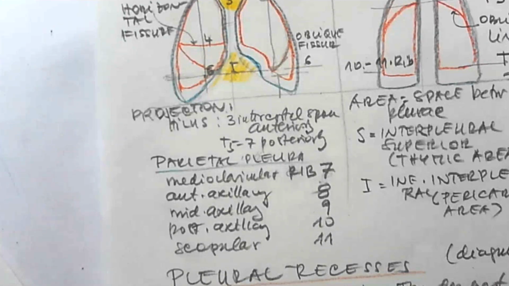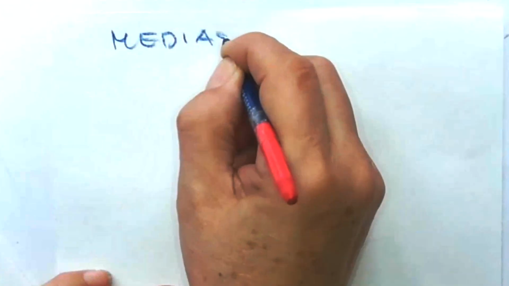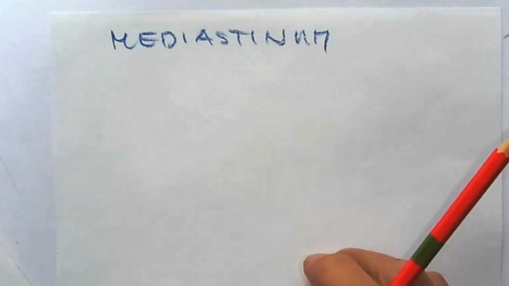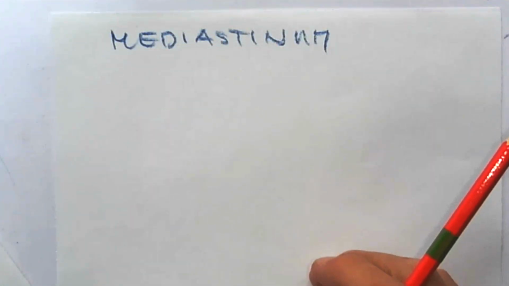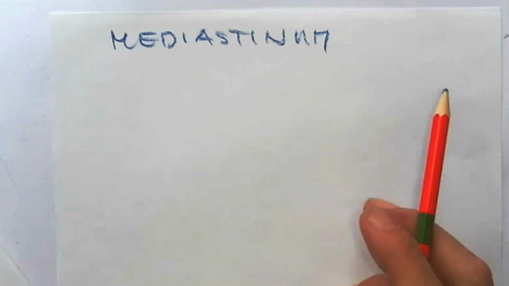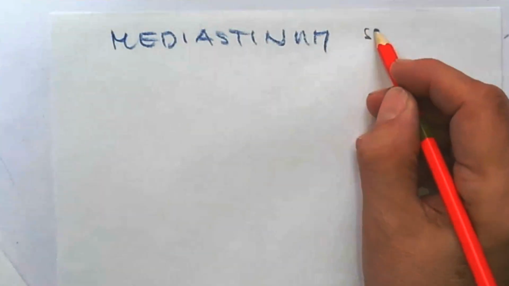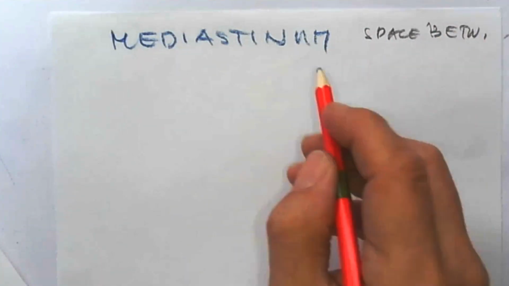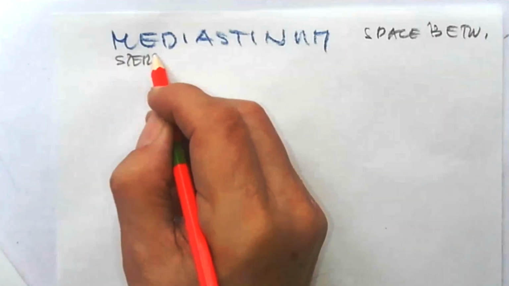Next topic is the mediastinum. Mediastinum is a complicated space, a complex of structures and organs is found there. So the title must also be a big one. Mediastinum. The word mediastinum means standing in between, from Latin, in between. So mediastinum is the space between the sternum,